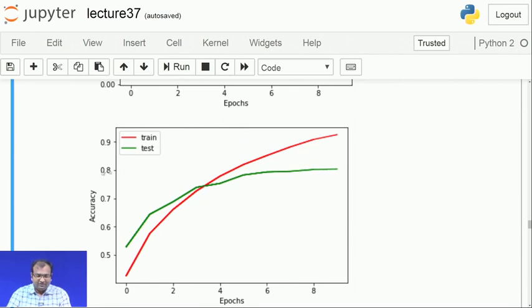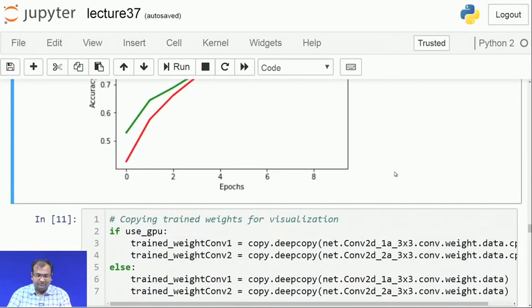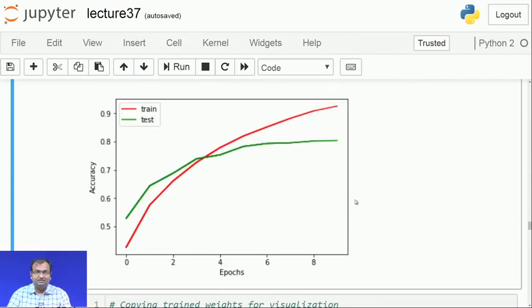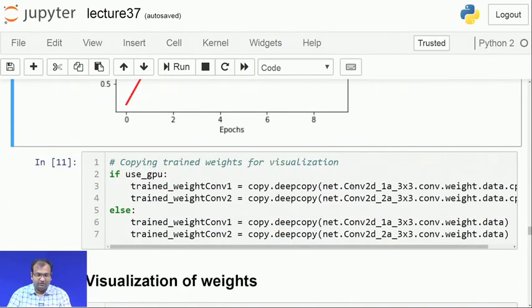Now, my testing accuracy is already very close to 80%, while my training accuracy has already overshot 90%. So, that's just an initial level observation, because we haven't yet saturated it out. This has just been trained for 10 epochs, and if you keep on training for longer, you would definitely come down to a much more convergent point.